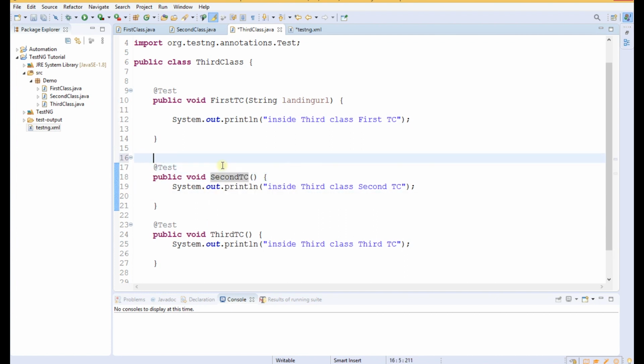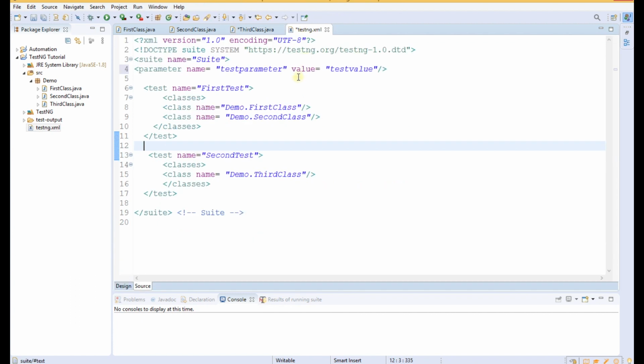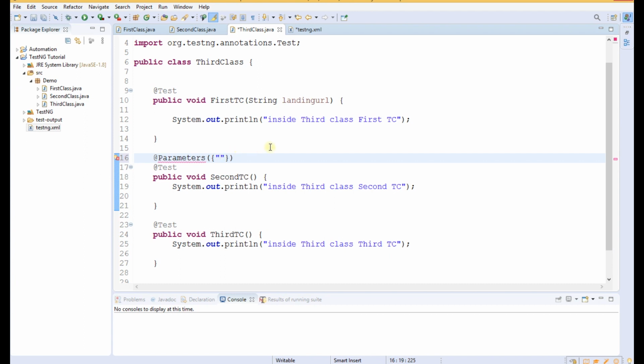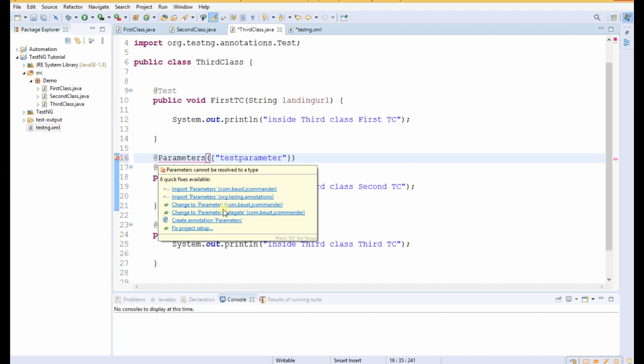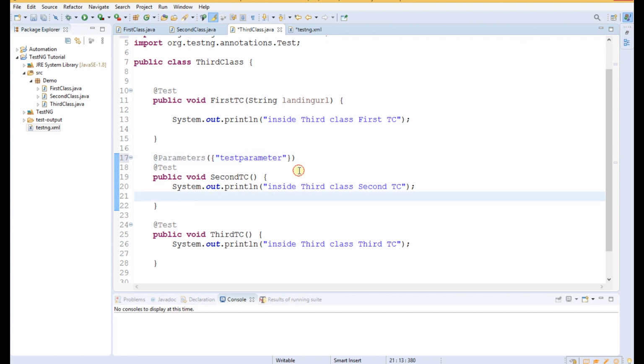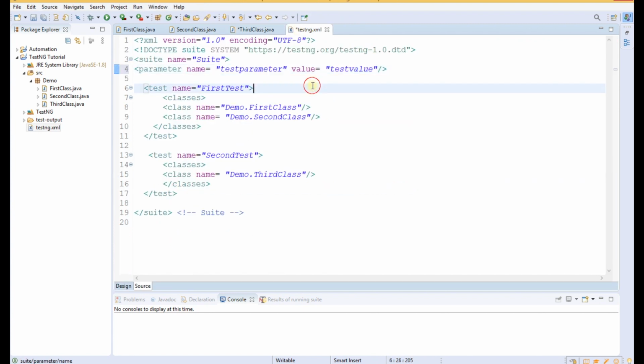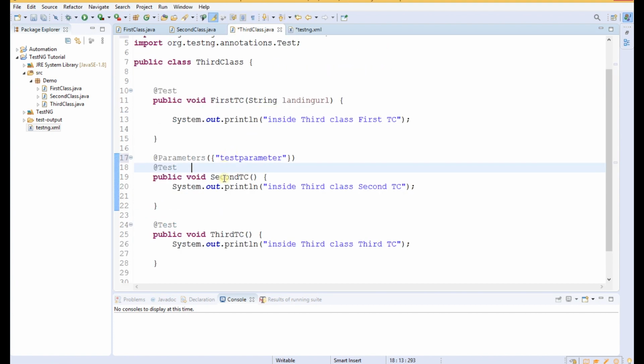So before this second test case, we have to write @Parameters, and in the round brackets, in curly braces and in double quotes, we have to give the name of the parameter. The name is test parameter. Here we will write the name of the parameter. Now we have to bring our cursor on this, and we have to import org.testng.annotations, right? So the parameter that is written in the testng.xml file will now be available at this second test case